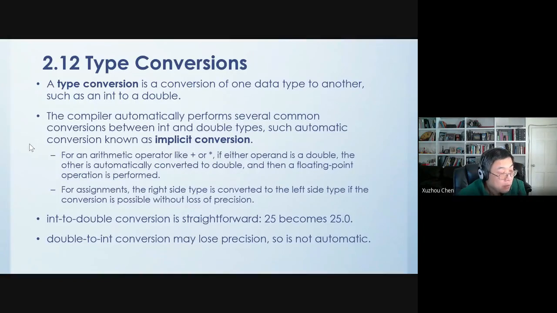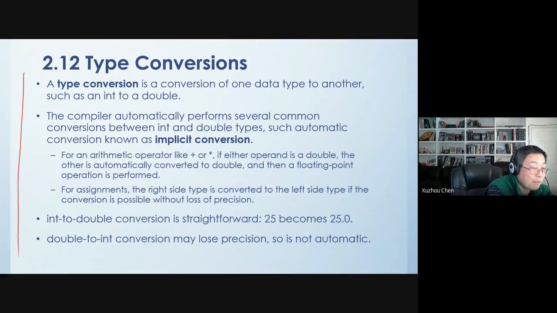Now, here we're going to talk about type conversion. Java is going to perform the type conversion. In some cases, the type conversion is not possible. If you want to convert a string or a character to a number, that's not possible. But you can convert between a decimal integer and a floating point number. So type conversion is a conversion of one data type to another. The Java compiler is going to automatically perform several common conversions between int and double, and these are called implicit